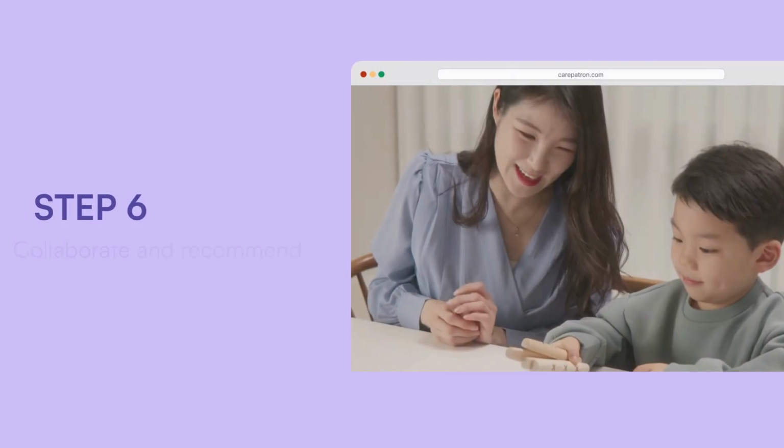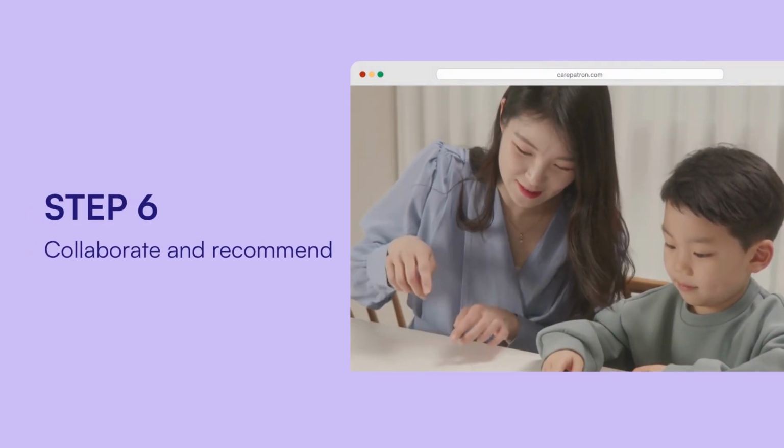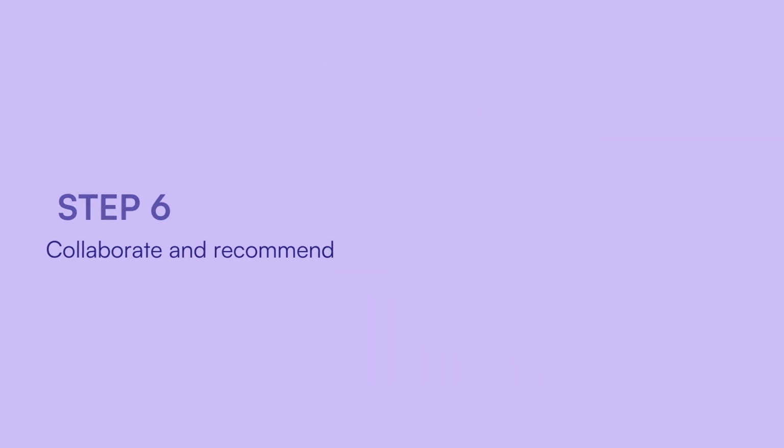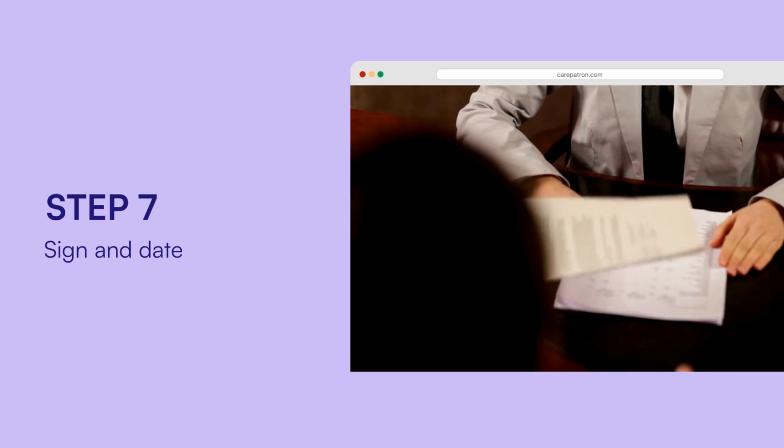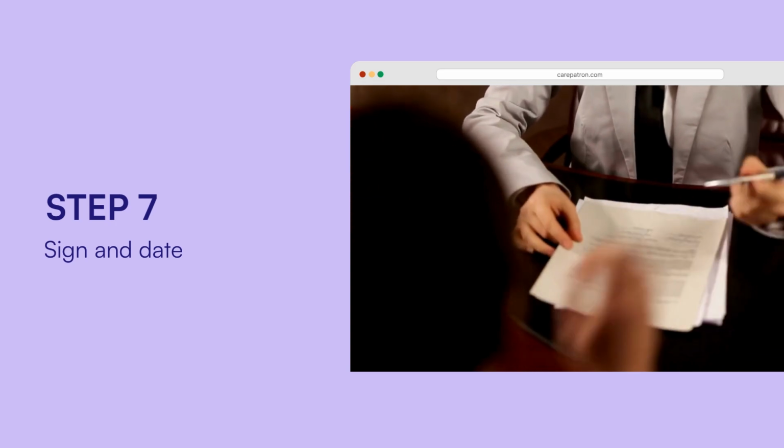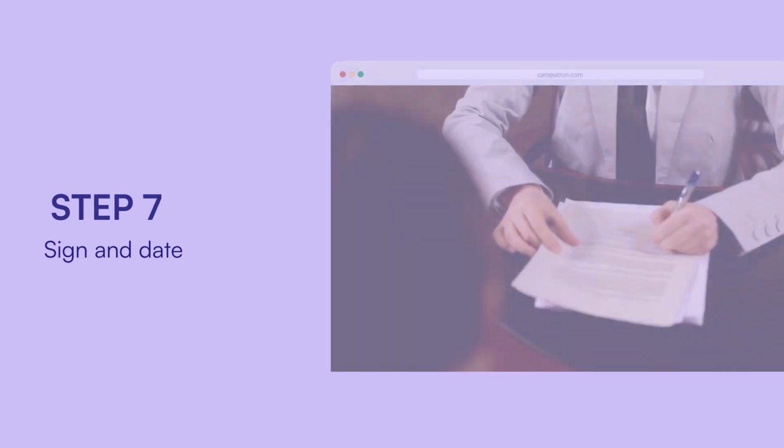Collaborate and recommend. Document any communication with caregivers or professionals and suggest adjustments to the treatment plan. Sign and date. Sign the notes with your credentials to validate the session and ensure accountability. Here is a sample of our ABA session notes to give you an idea of how it can be used